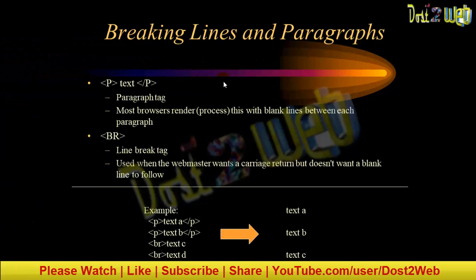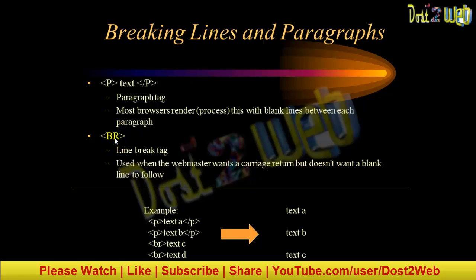Okay guys, so once again I repeat, if you have a paragraph of very big size, suppose 10 lines, and you want it separated into lines, the line break should be there. When you want to use a line break, you have to use the BR tag.